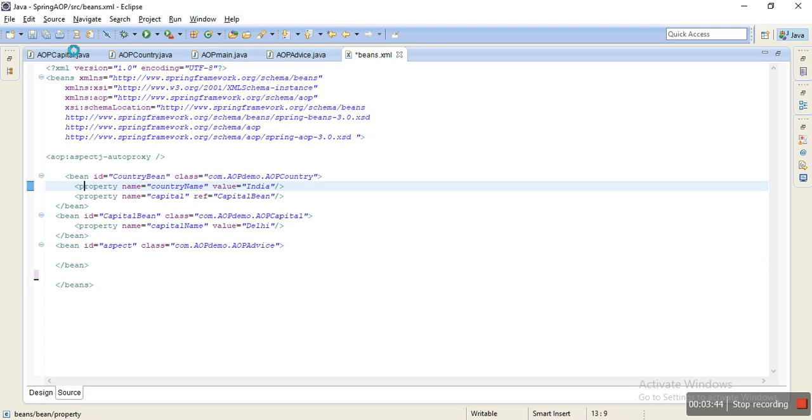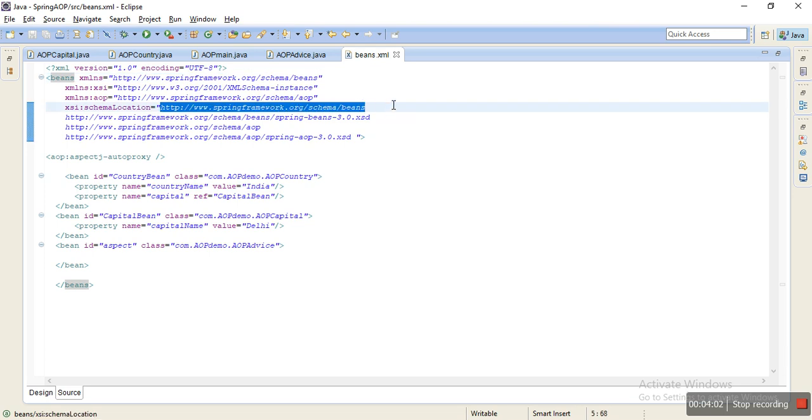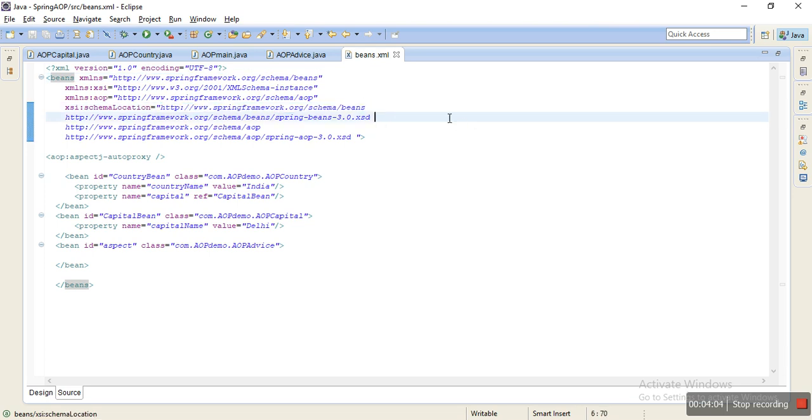Now let's see what exactly the aspect does here. Can you find out that in your previous beans.xml you simply had the Spring Framework XML namespace and only the Spring Framework's beans schema location? But here you are providing one more schema location, and that is AOP.